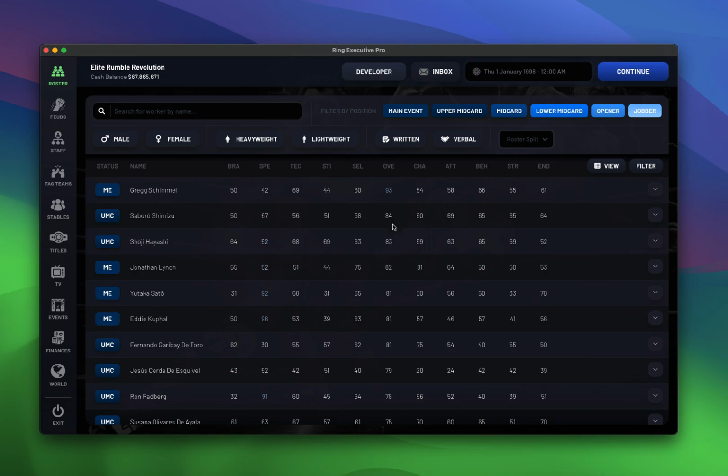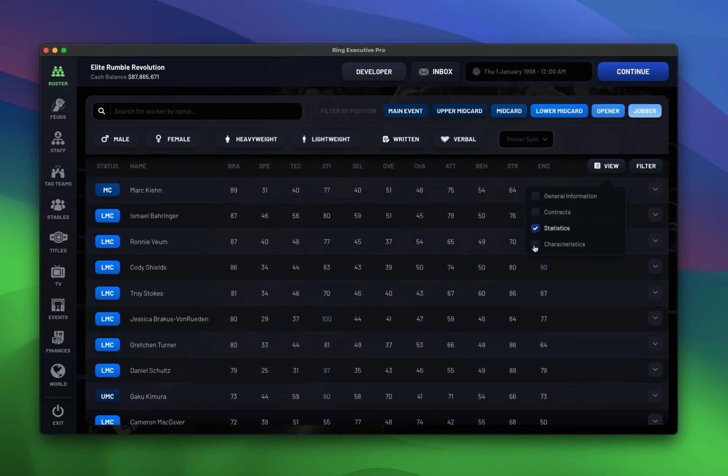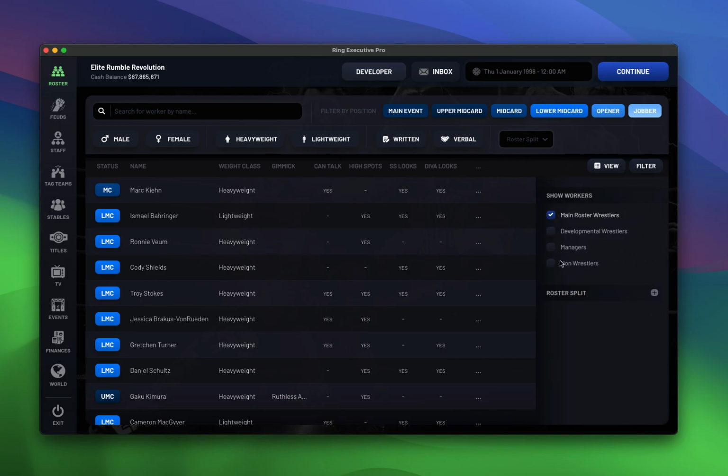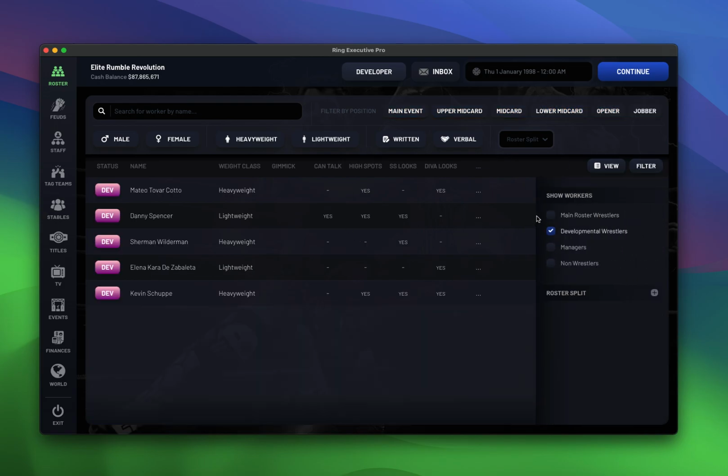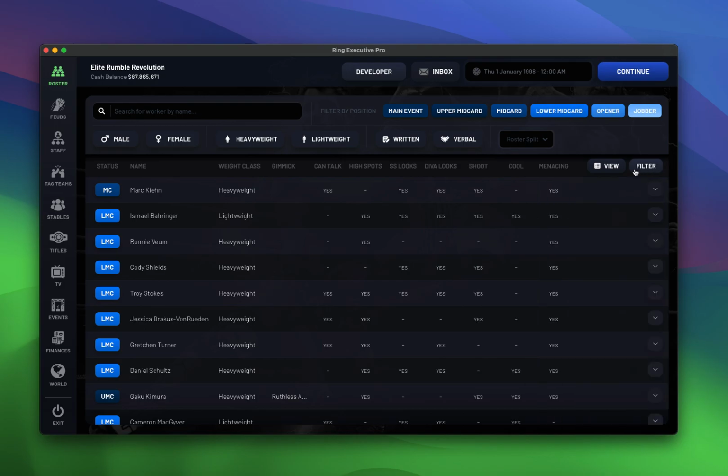So I've got a bunch of guys that are quite over. Got a bunch of technical guys. Maybe we've got more brawlers in this promotion. Anyway, and we've got characteristics. So none of this stuff has actually changed drastically. This is what it is. But what I've done is I mentioned that I've coded